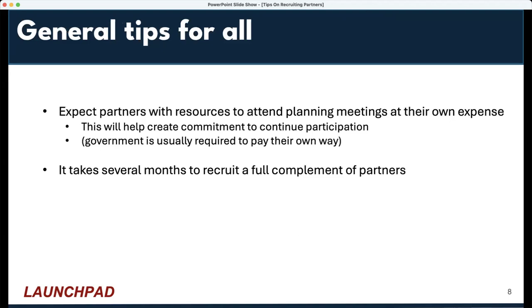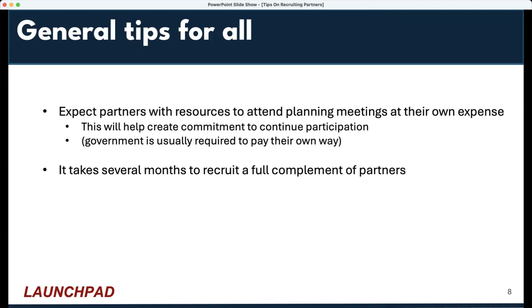Now, here's some general tips. One is that I would expect partners with resources to attend planning meetings at their own expense. This will help create commitment to continue their participation. And by the way, government is usually required to pay their own way. And what I would actually do is ask the partners with the resources to contribute to the meetings in some way. So for example, I might ask